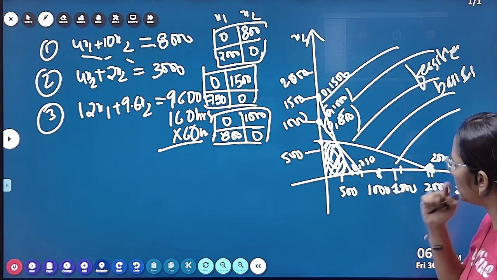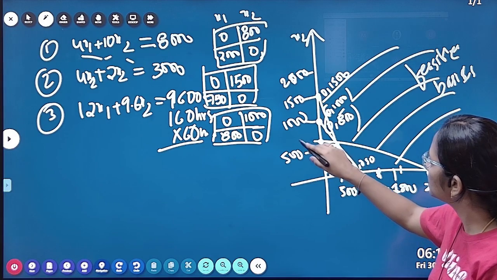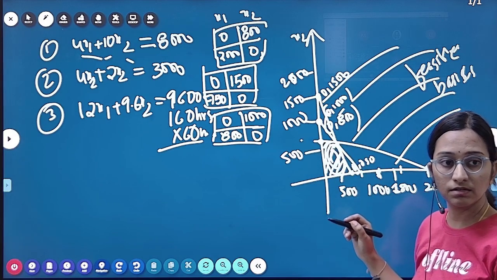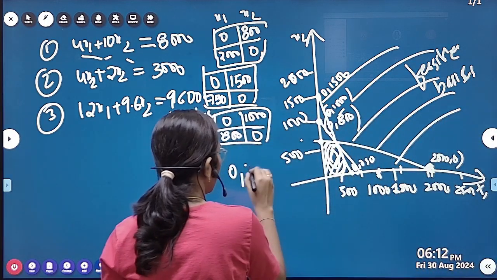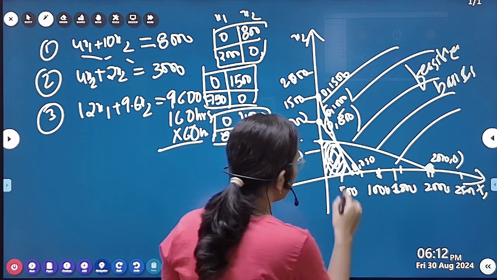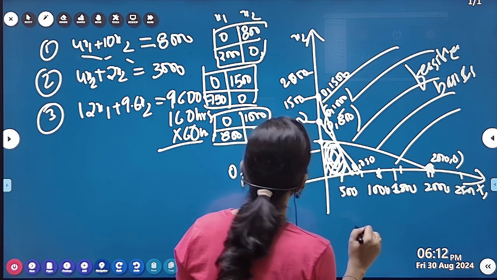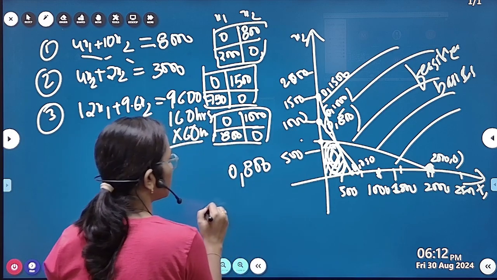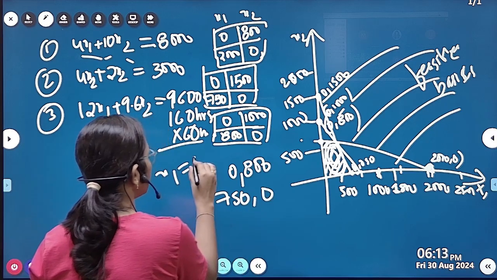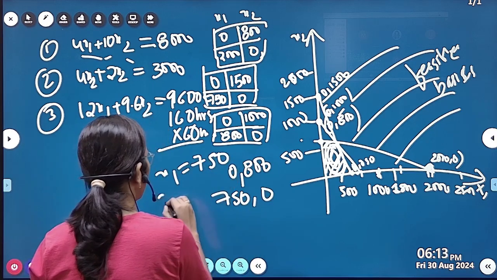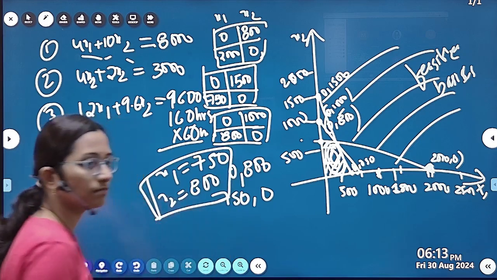So what is that point? Tell me. Here what's the point? 0 comma 800, right? This is a point 0 comma 800, and here 0 comma 750. Acha, 750 comma 0. So the x1 value is 750 and x2 value is 800. Okay,